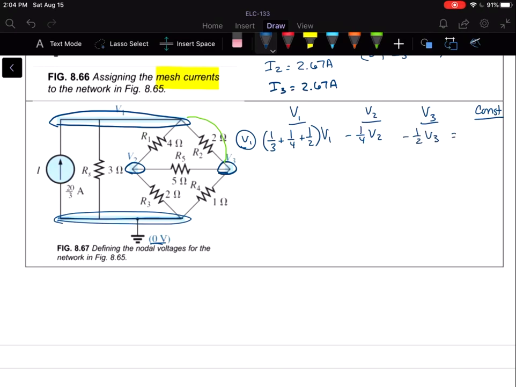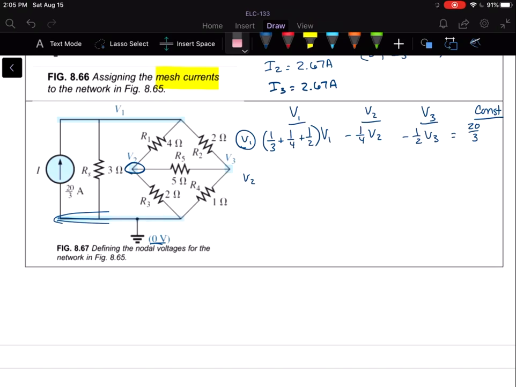And then on the right hand side will be our current sources. If they're coming into the node, they'll be positive, and if they're leaving, they'll be negative. So we have 20/3 amps coming in from that current source. Now for our V2 equation, let me get rid of V1 here. For our V2 equation,